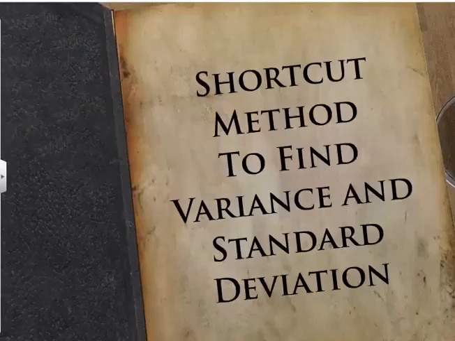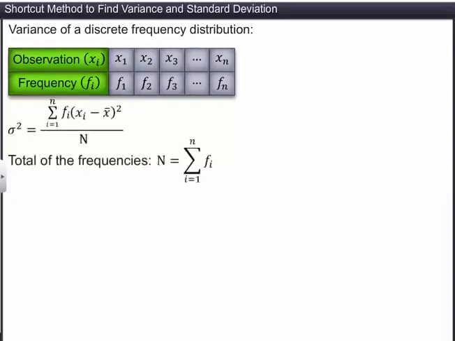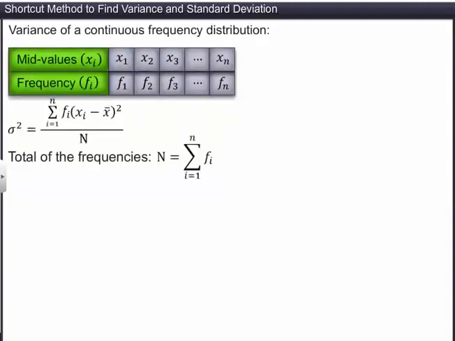In this module, you will learn to find the variance and standard deviation using the shortcut method. We know that the formula for the variance for a discrete frequency distribution is sigma squared is equal to summation of the product of the squares of the deviations from the mean and their respective frequencies whole divided by the total number of frequencies. The formula for the variance for a continuous frequency distribution is sigma squared is equal to